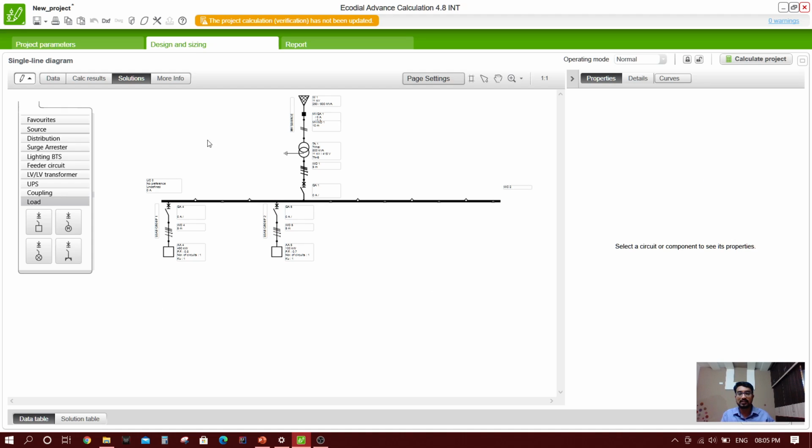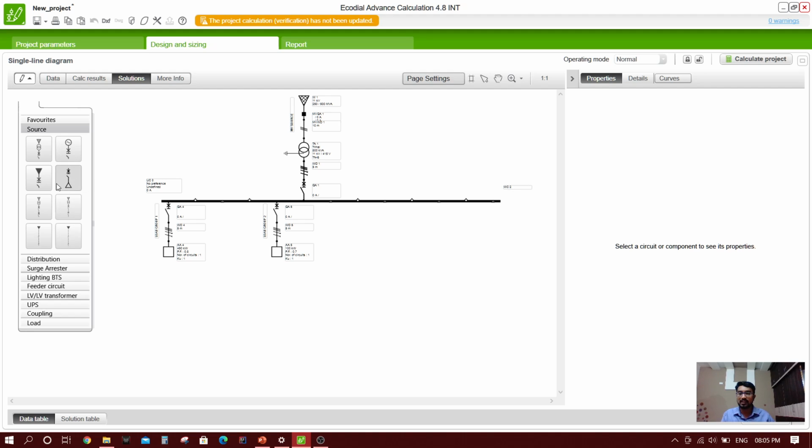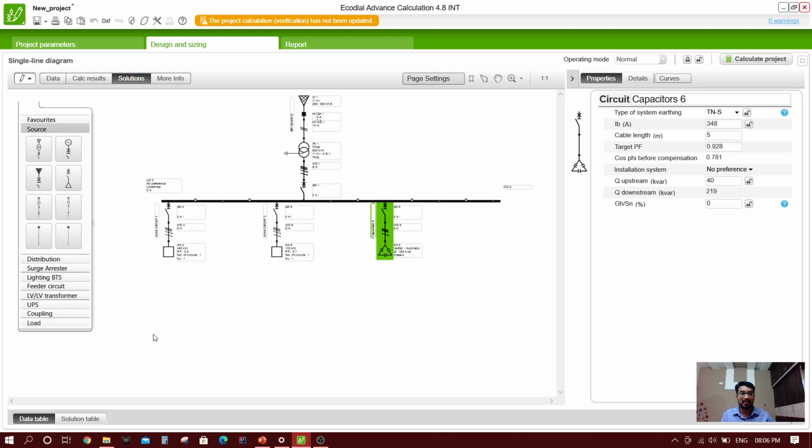Now this is the single line diagram for load group 1, load group 2 and the source. But they are asking us to improve the power factor. So in order to improve the power factor, I need to add the compensation capacitor. For that, go to source and select LV capacitor bank, drag and drop it on the work area like this and rename it as